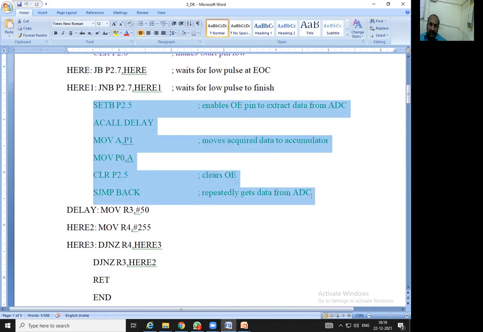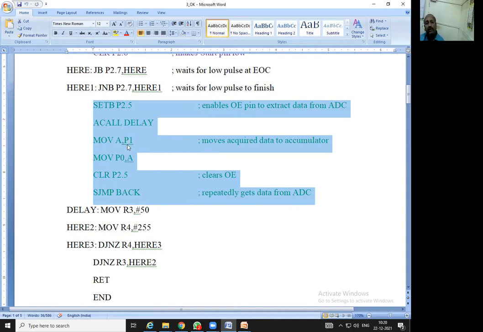That is the green color, whatever is highlighted over here. So what is it? The OE pin has to be made on. That is output enable. Now whatever converted data is there, it is with the ADC only. It has to send. But when will it send? When this OE pin becomes 1. After that, what is to be sent?